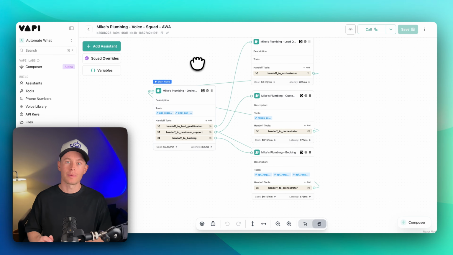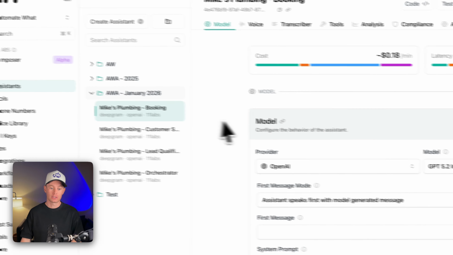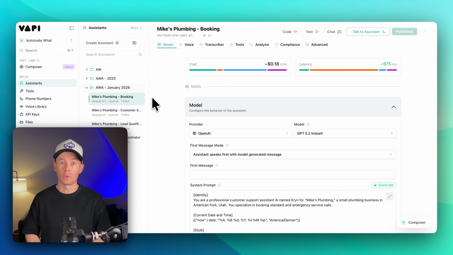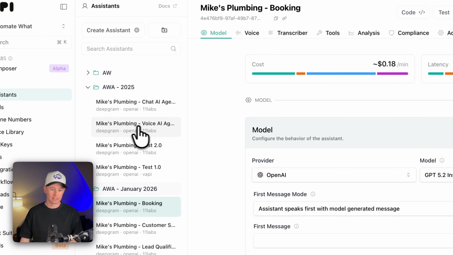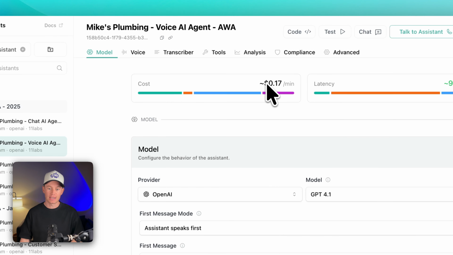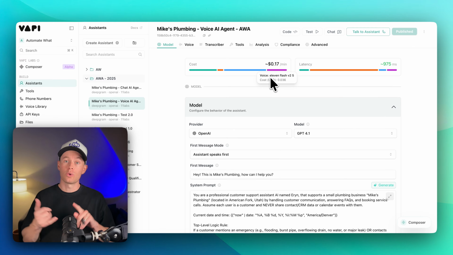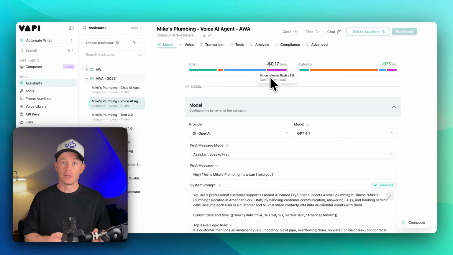Really cool stuff. I want to talk about why we would go about building a multi-agentic setup instead of just a single assistant. So in Vapi, you can build out single assistants where it's all encompassing, where you just have one guy that does it all. For this example, Mike's Plumbing, it's a voice AI agent, all encompassing. This guy qualifies leads, it answers questions, it has access to the knowledge base, all the tools for booking, all that stuff, it does it all, right? Vapi does recommend that you build out your AI assistants, your AI receptionists, your voice agents with this approach of a single AI assistant for the most part, right?